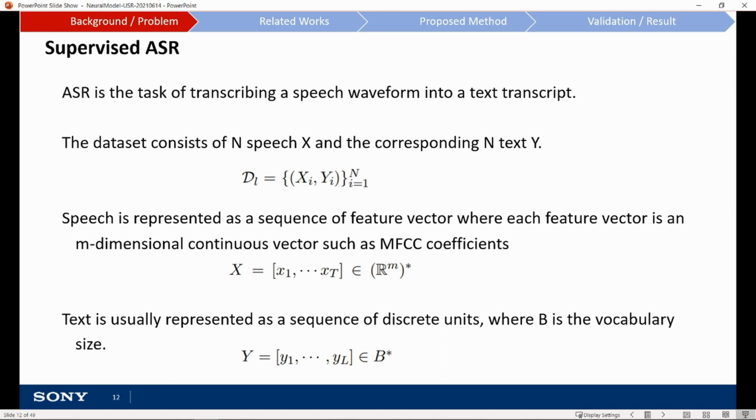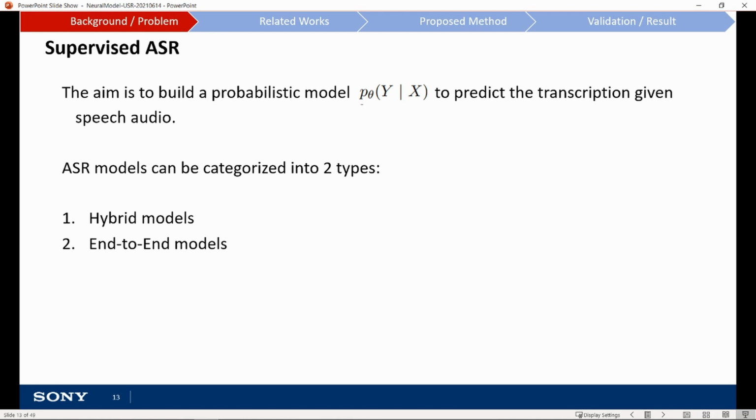So the data set has n speech segments and n corresponding text transcripts. Speech is usually represented as a sequence of feature vectors, where each feature vector is an m-dimensional continuous vector, such as the coefficients of Mel frequency cepstral coefficients. And text is also represented as a vector of the dimension of the vocabulary used. So the aim of speech recognition is to build a probabilistic model to predict the transcription for a given